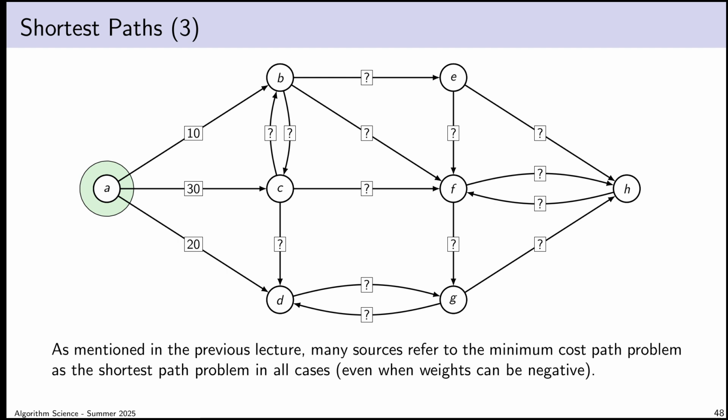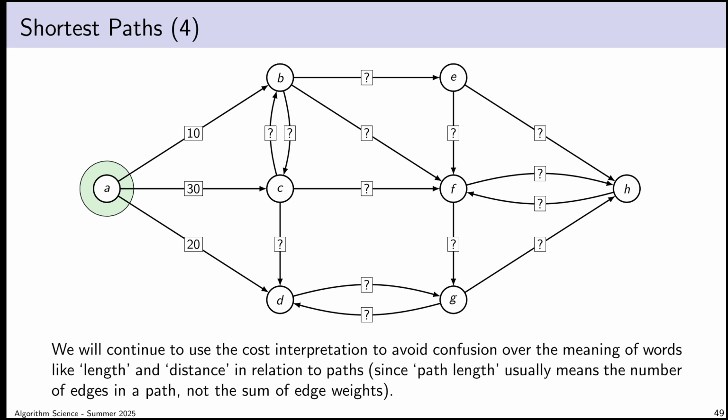It's more natural. There are lots of sources that cover it and call it the shortest path problem, even when they talk about negative edge weights, which is fine too. It just feels like a bit of extra mental work to try and remember that, yes, negative edge weights don't literally mean negative distances. That's a matter of the modeling. I'm going to keep talking about this in terms of minimum cost paths, even though at this point we could just switch over and adopt only the shortest path and distance interpretation. The reason I'm going to stick with the cost modeling is I like it, and it's consistent with the previous lecture,